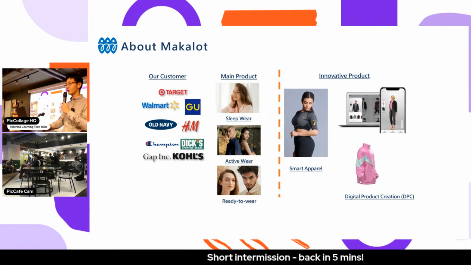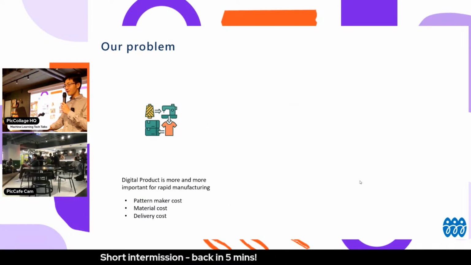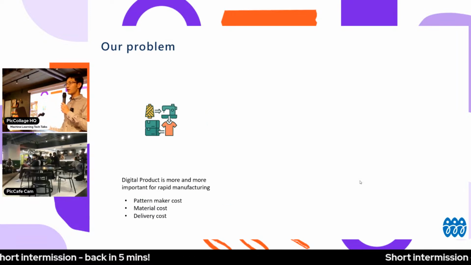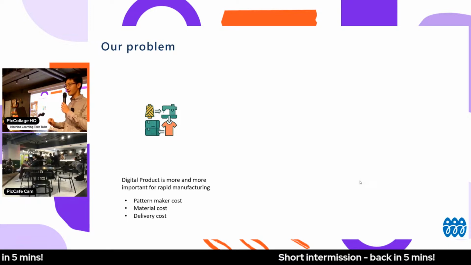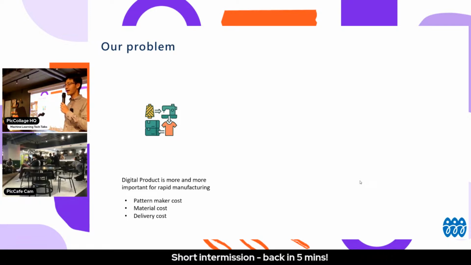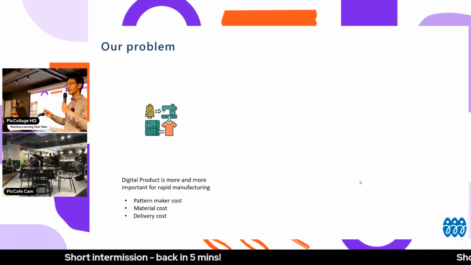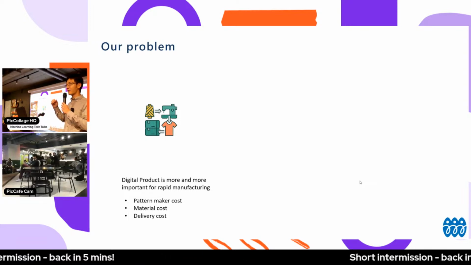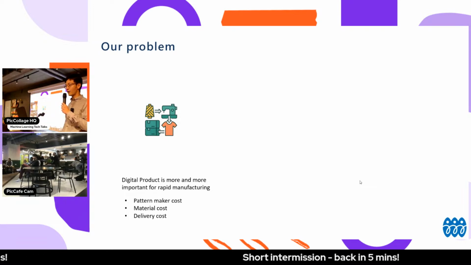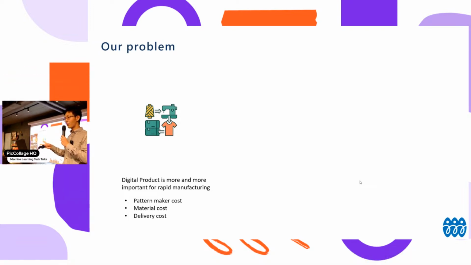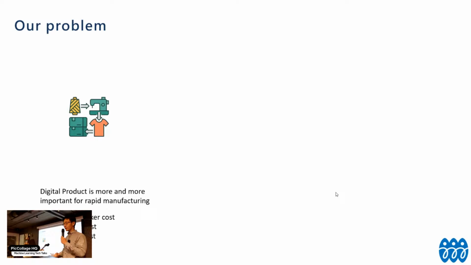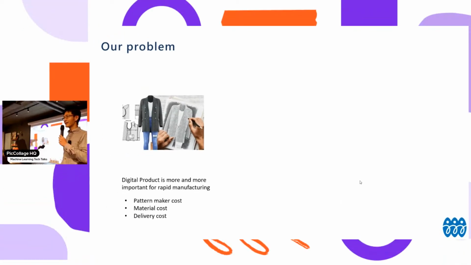Actually, the 3D process comes from the traditional garment industry, where we have to produce the clothes by the customer requirement. When we get the requirement, we need to make a sample and send it to the customer, and maybe have several rounds of review, which takes a lot of time, pattern cost, material cost, and also delivery cost. That's why we would like to go digital, to make it easier to develop and to communicate with the customer. So we have the 3D and also